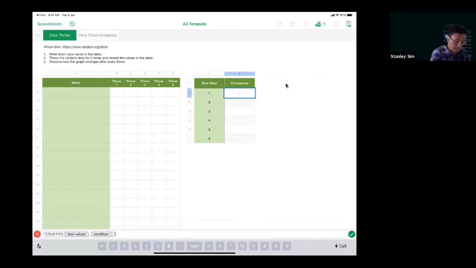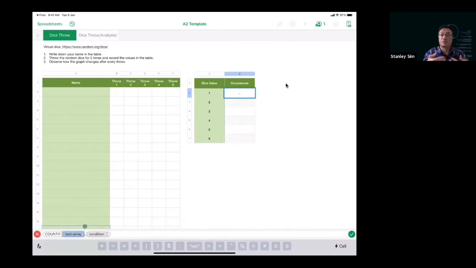Oh, sorry, not this. I want the one without the S. So if you press COUNTIF and then you hit enter, Numbers will automatically give you the remaining parameters that are required. By looking at this test array, it's telling you that you need to highlight